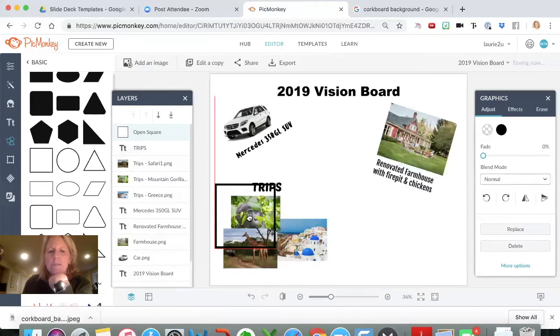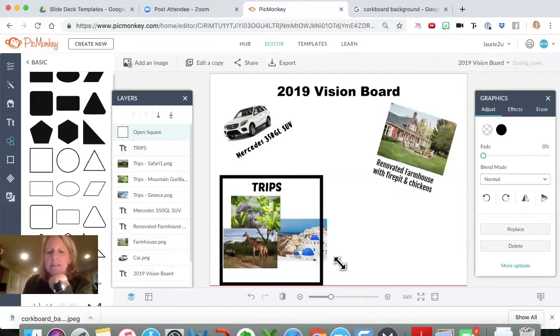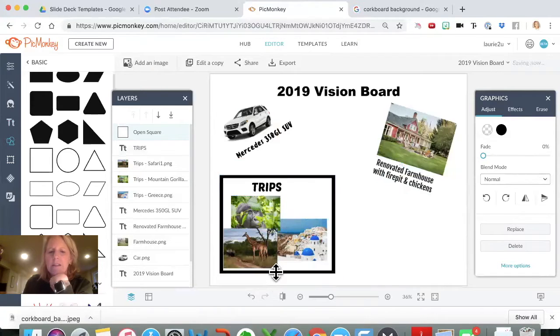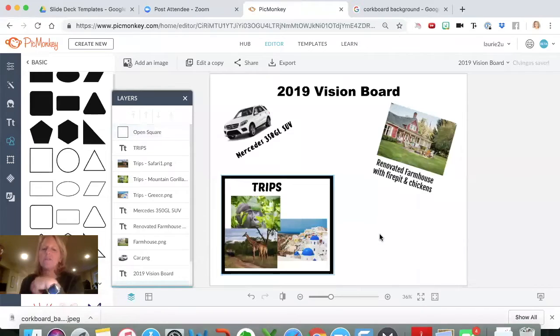So like trips, maybe you want to do something like that. So you have its own little image square type of thing. And then you could put little labels in different colors, like mountain gorillas, safari, but maybe you don't even need to do that. Maybe the visual is enough for you, right?